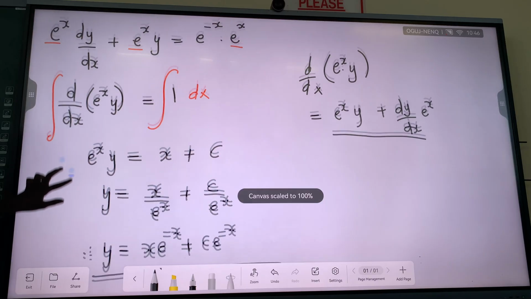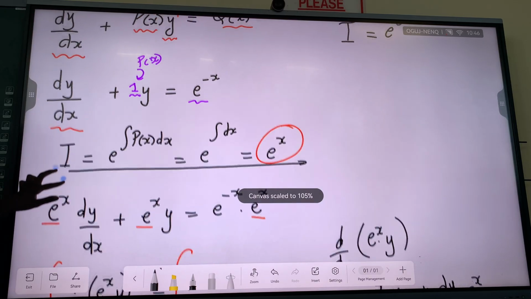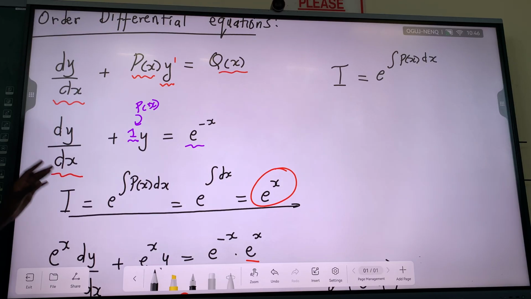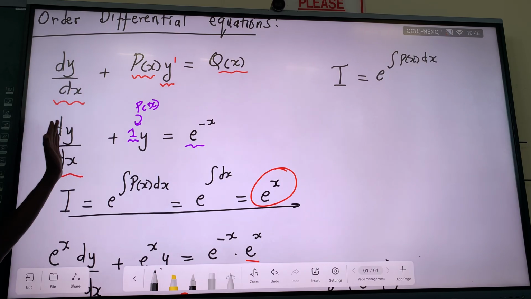But when you confirm, you check the following things, check that the format corresponds. How do you check? Number one, it must be a first order differential equation. How do we see that it is first order? It has the first derivative only, it has no second derivative or third, it has nothing like d squared y, no. It's the first derivative only. And then you check again whether it is a linear equation. How do you see that it is linear? You check that all the y terms here are raised to the power 1 or to the power 0.